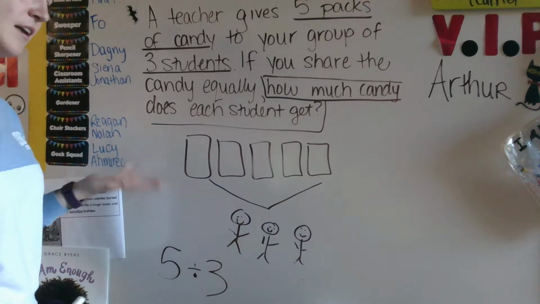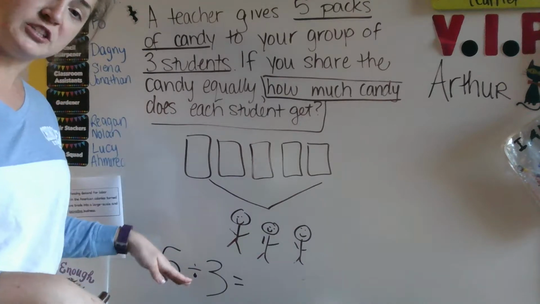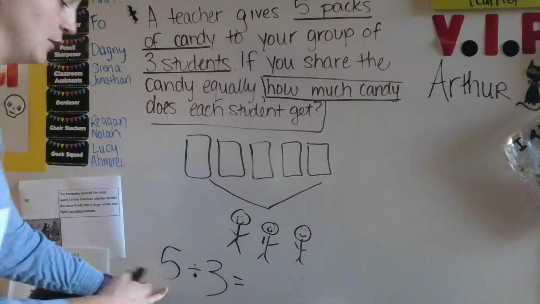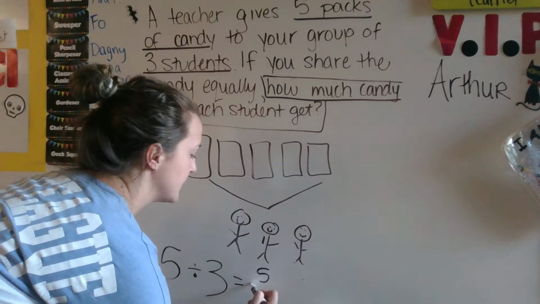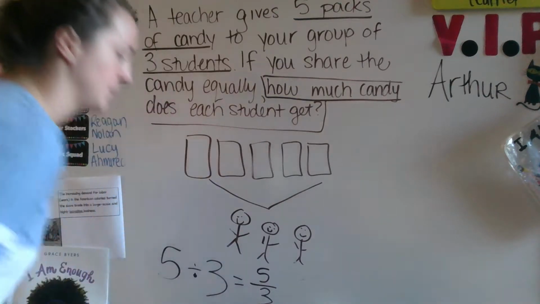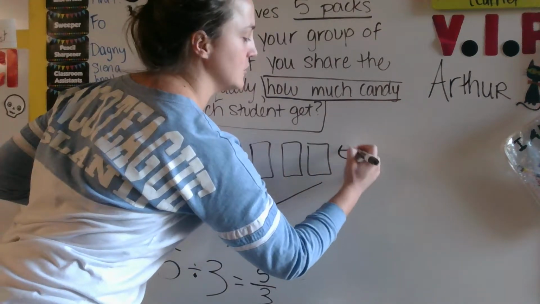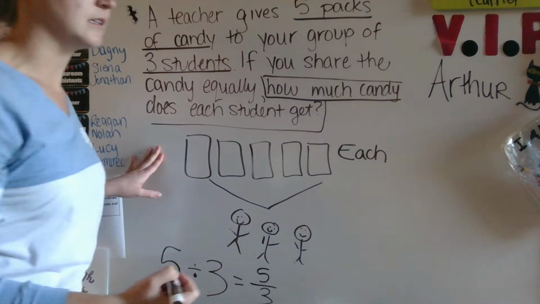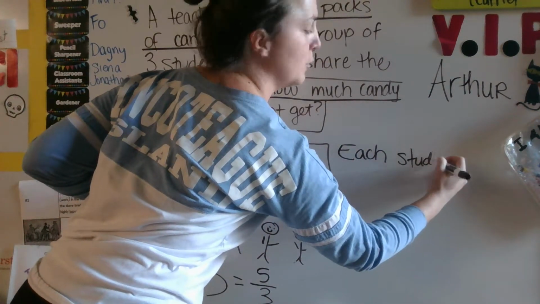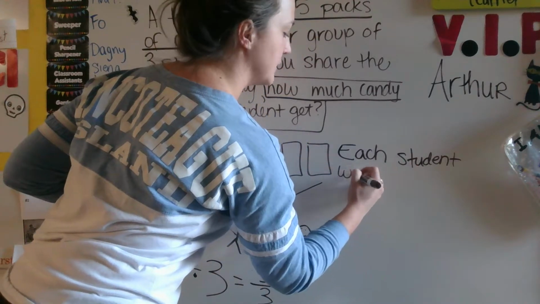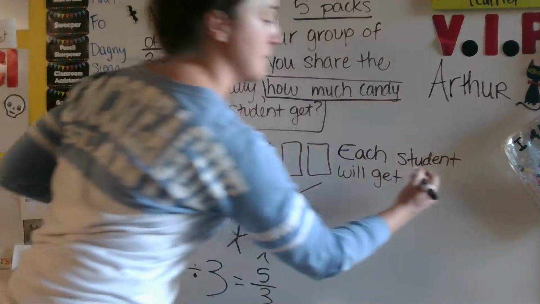Another way that I can write that, from the first video we saw, let's go in reverse. Division is also just fractions. So our first number is 5. Remember that number ran away, so it's the numerator, divided by 3. So to answer our question, how much candy does each student get? Each student, and I'm writing in a sentence to answer our question because it's a word problem, each student, or family member in our case, will get 5/3, or 5 over 3,